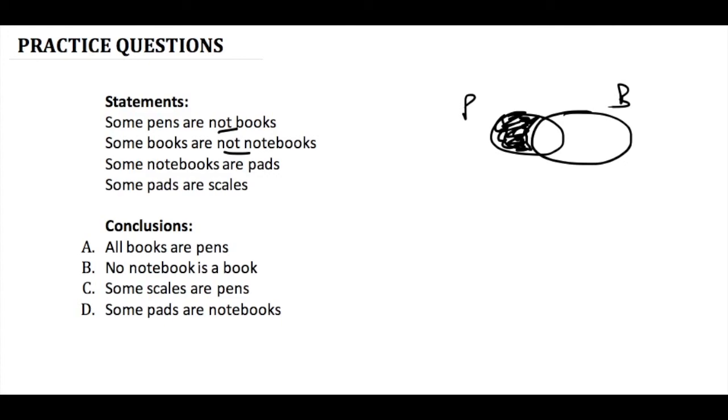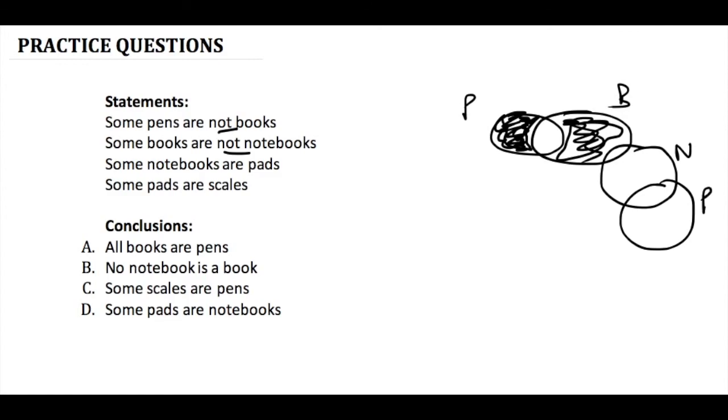सम पेन्स आर नॉट बुक्स में ये वाला हमारा हो जाएगा जो कि बुक्स नहीं है। सम बुक्स आर नॉट नोटबुक्स, इसमें भी इसी तरह से बनेगा, एन को नोटबुक ले लिया, सम बुक्स आर देयर जो ये है विच आर नॉट नोटबुक्स। सम नोटबुक्स आर पैड्स, ये इज़ी हो जाता है, इन दोनों में कुछ ना कुछ कॉमन दिया गया है। एंड सम पैड्स आर स्केल्स, इसको पैड लिख लेते हैं, तो सम पैड्स आर स्केल्स में ये कॉमन एरिया बन गया हमारा, तो ये हमारा पूरा वेन डायग्राम बन गया।